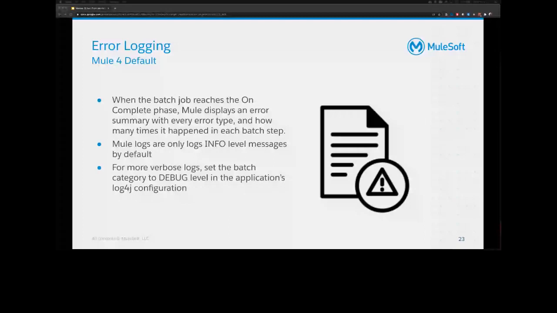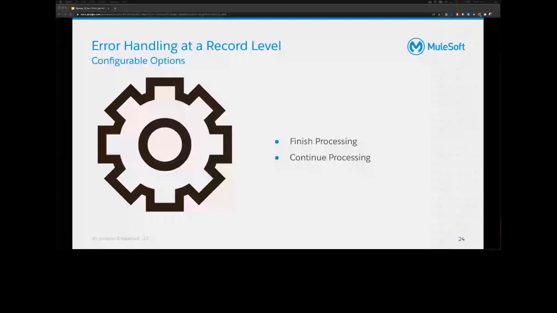There are a number of configurable options for error handling at a record level. First, finish processing, stopping the execution of the current job instance and finishing the execution of the records currently in flight, but do not pull any more records from the queues, and set the job instance to a failure state, and the incomplete phase is then invoked. Or you can continue processing. The batch will then continue to process regardless of any failed records. And you can use the accept expression and the accept policy attributes to instruct subsequent batch steps on how to handle failed records. You can choose to halt the batch if the job accumulates a maximum number of failed records, at which point the execution will halt as above.